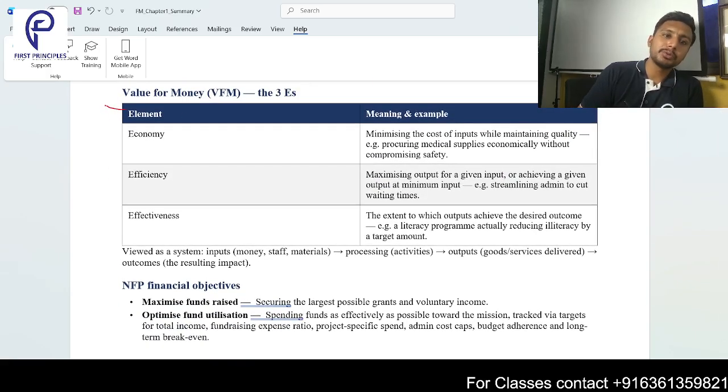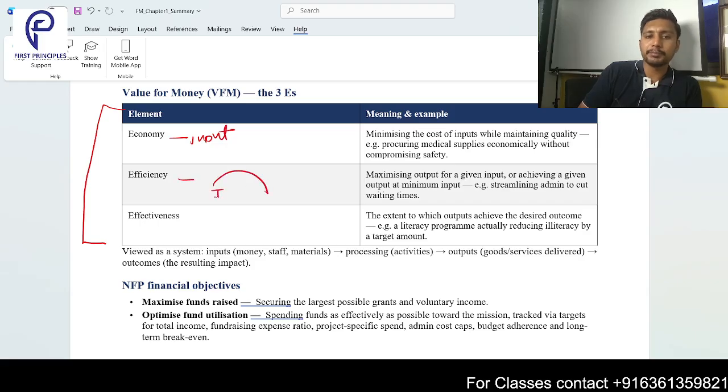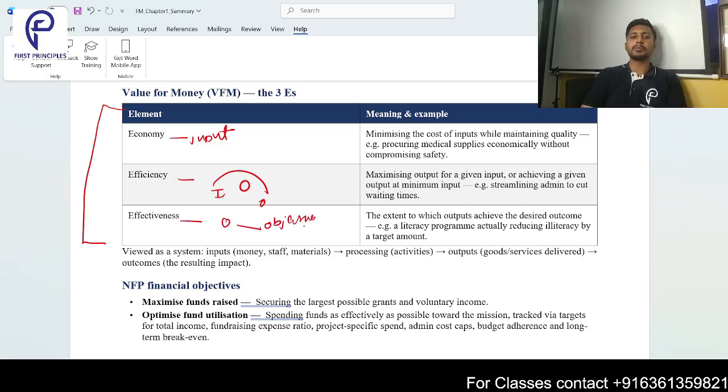Right? So, how do you do an assessment of the performance of an NFP? You look into a value for money framework, wherein you look into three things: were the inputs purchased at the best possible price? Whether when you were converting from input to output, there was zero wastage. And finally, effectiveness. In case of effectiveness, your output, did it meet the objective? You did ACCA to get the job. So you got the output. Did you meet the objective?